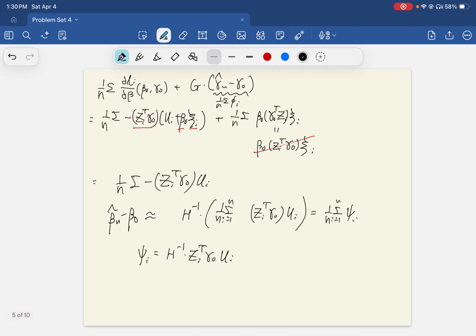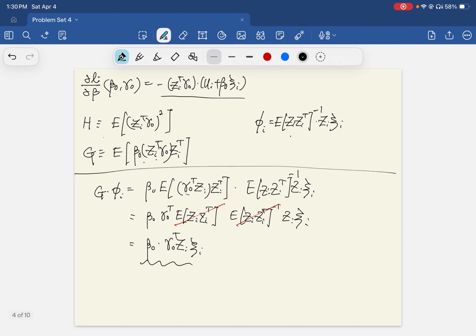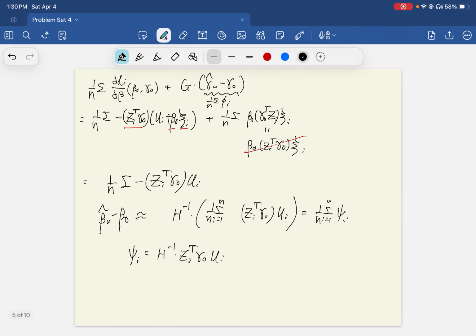Okay, but h is given here, so it equals zi transpose gamma 0 ui over expectation zi transpose gamma 0 squared. Okay, like it might be more interesting if we change this to this, right? So